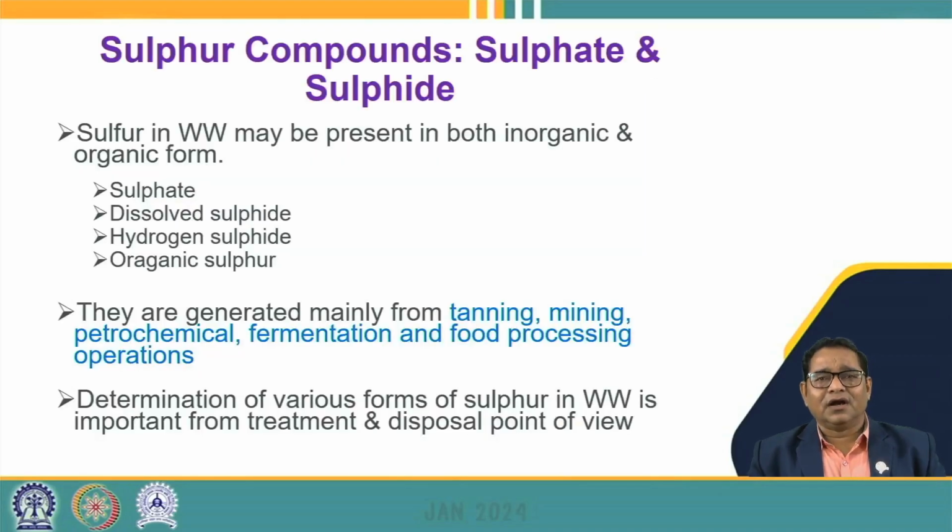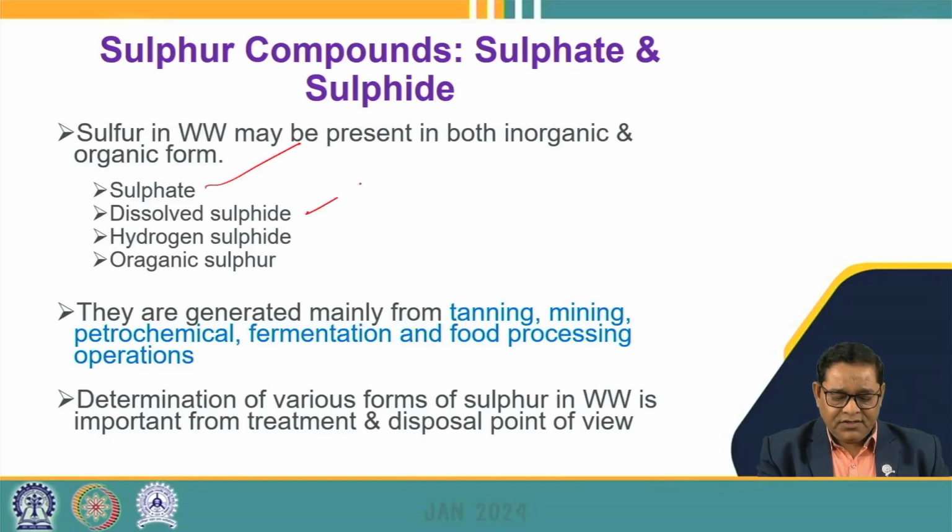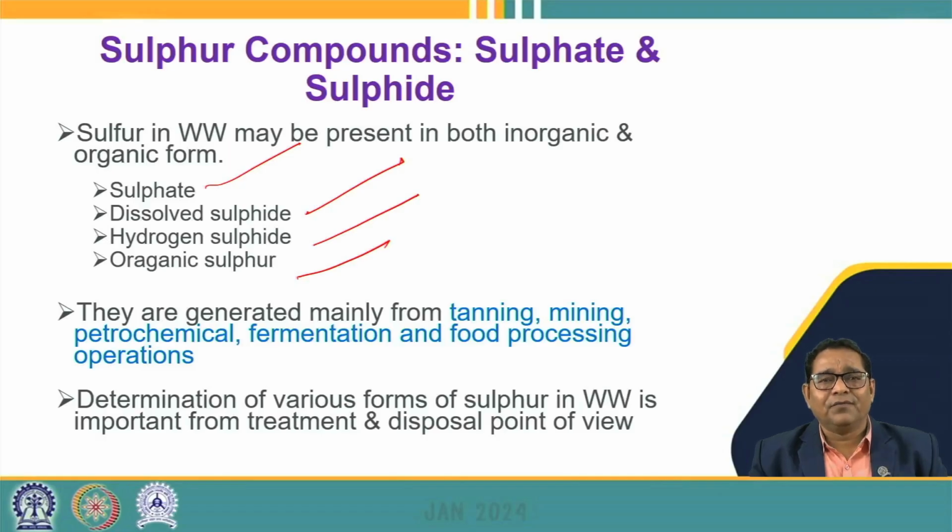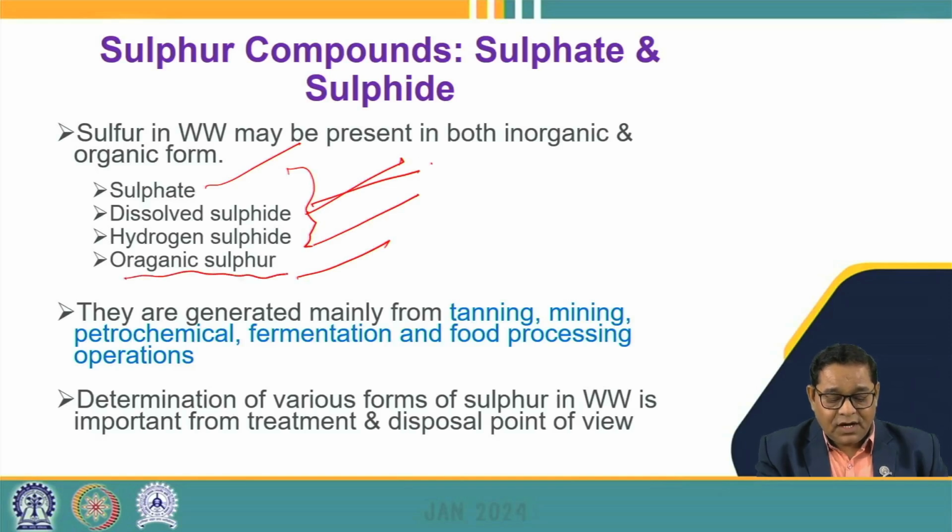Next, there are also various types of sulfur compounds like sulfate and sulfide present in municipal wastewater, depending upon their sources and characteristics. They may be found in the form of sulfate, dissolved solids, hydrogen sulfide, and organic sulfurs. So these are different forms of sulfur compounds which are normally found in wastewater in inorganic and organic form. Like if we see, these are the organic forms of nitrogen, whereas the organically bound sulfurs are also